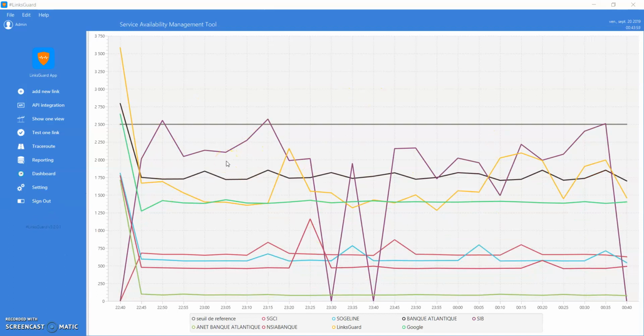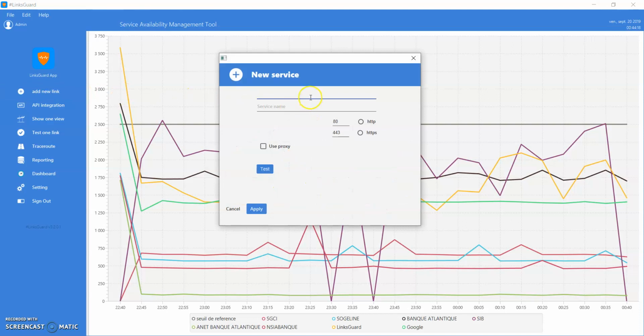So how are those links configured in the app? It is configured through this administrator panel. This first panel permits me to configure the apps to monitor.